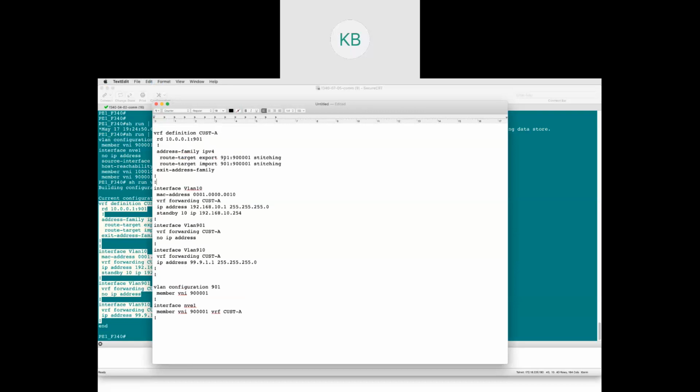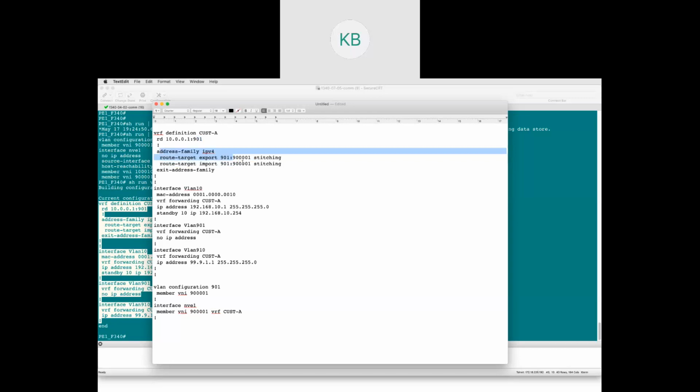Okay, so we have first created one VRF for the customer A. We have defined the route distinguisher, we have defined the address family, and we have defined the route targets. This route distinguisher is something unique per router. I have configured it with a loopback of my IP address and then followed by the VLAN number for this customer, the L3VNI VLAN number. I have defined the route targets. I'm going to use the same values on all the other VTEPs which need this customer VLAN to communicate,